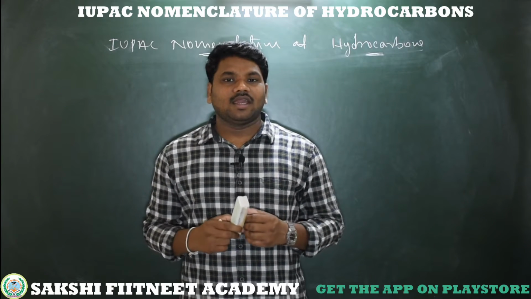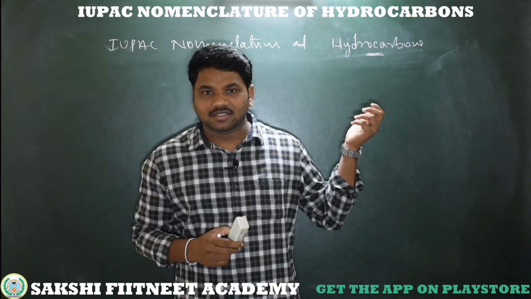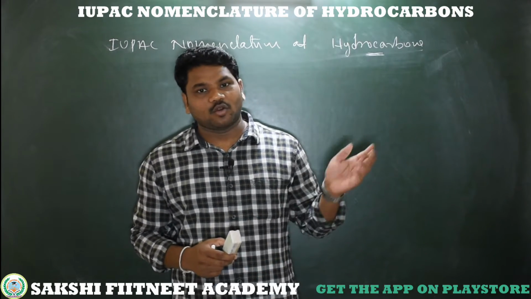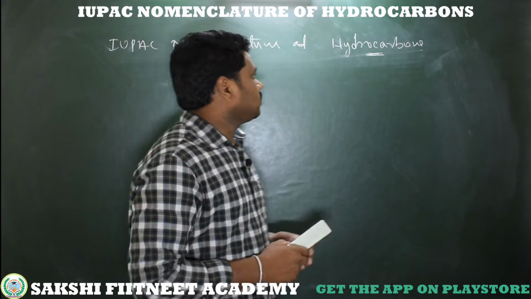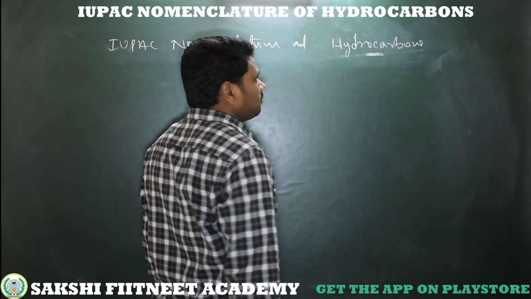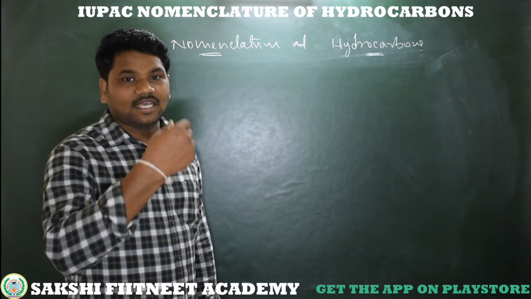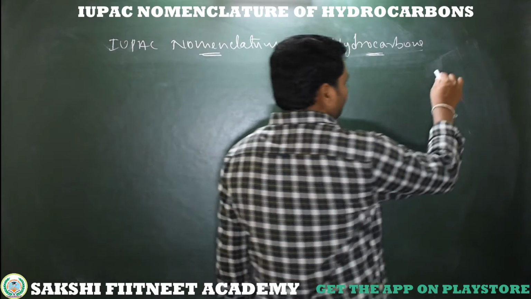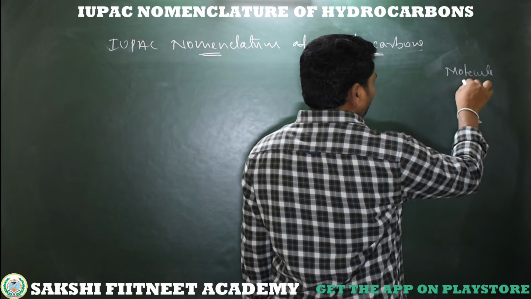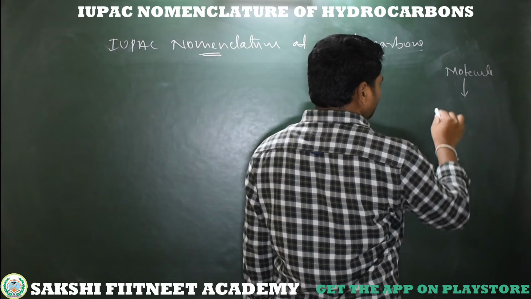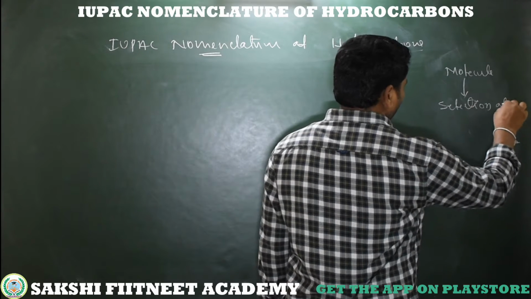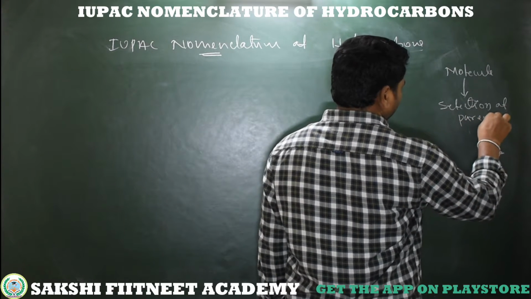So now here we are taking examples of hydrocarbons, and by following those rules we are trying to give the IUPAC name of hydrocarbons. So let's begin IUPAC nomenclature of hydrocarbons. We know here to write a name for any molecule, first we need to follow the steps. What are the steps? For example, if here we have a molecule, just observe that molecule and identify the parent chain. That means selection of parent chain. This is the first step.